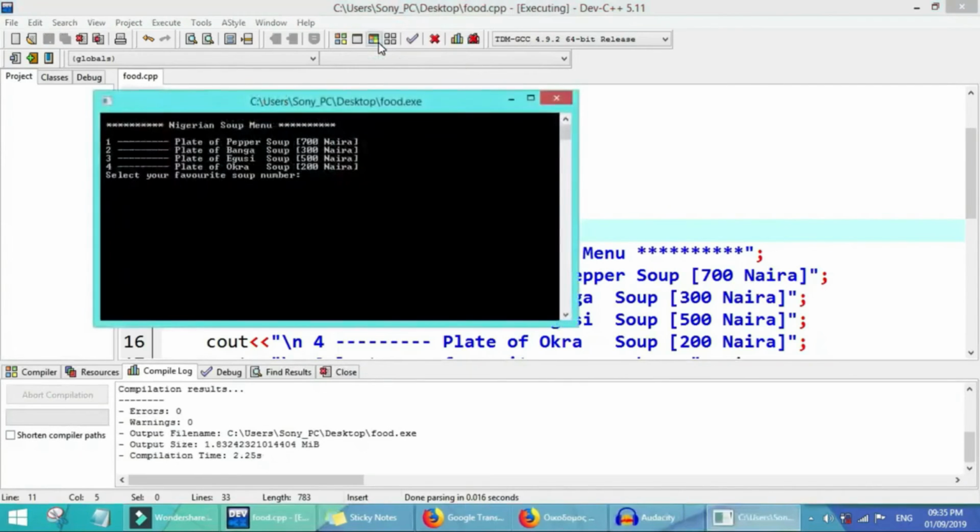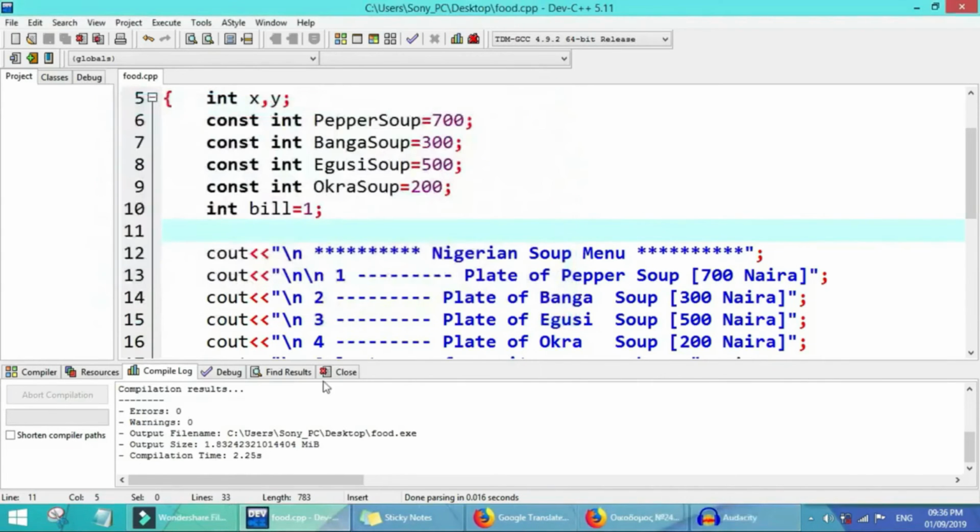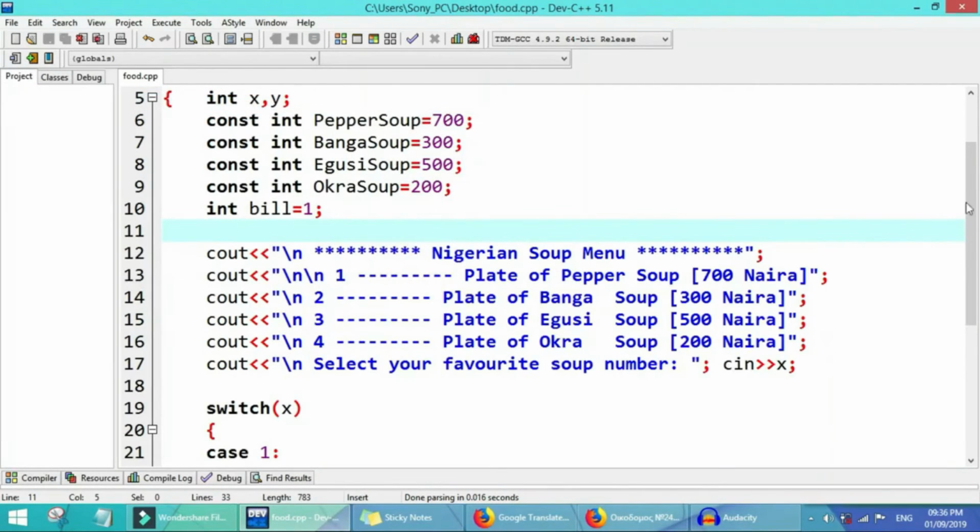We see the work of the default: we get 1, 2, 3, 4. If the person enters 5 or 6, which is not in these options, the default will pop up, saying please select one of the options between 1 to 4. So that is the work of our default.